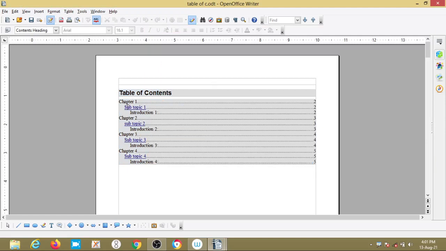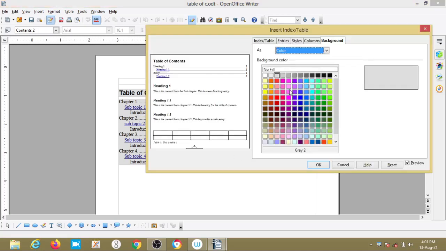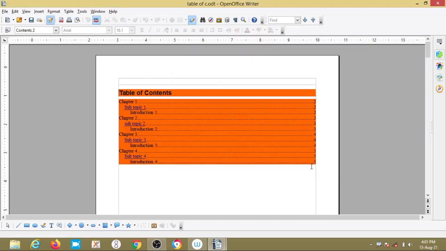Here it will show in light blue color. I don't know which color is highlighting the things. Just once again I want to try it. Red color, shall I go for red color? Orange, see, okay,